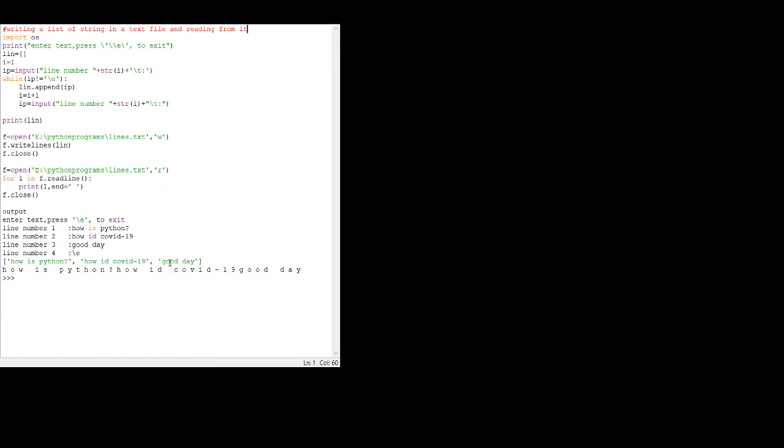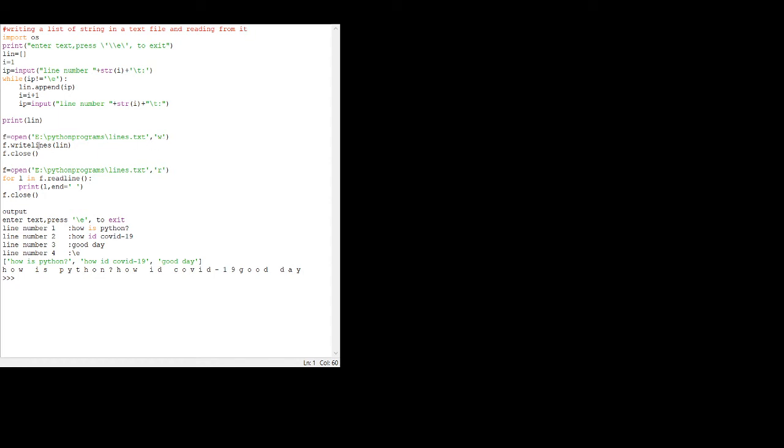Now I want to store it in a file. In order to use a file, first that file must be opened. So the syntax is open, with parentheses and 2 arguments. One is the file name, another is the mode of opening the file.